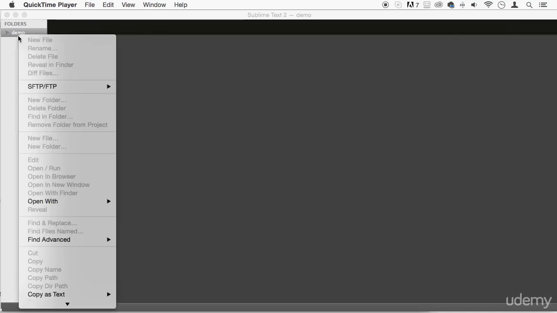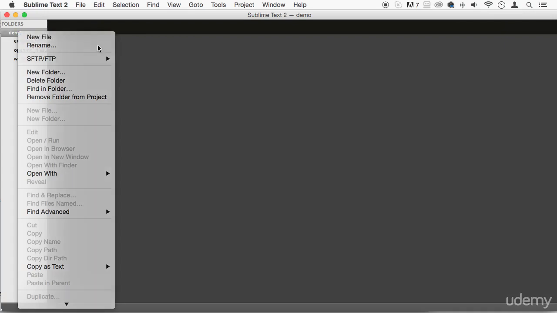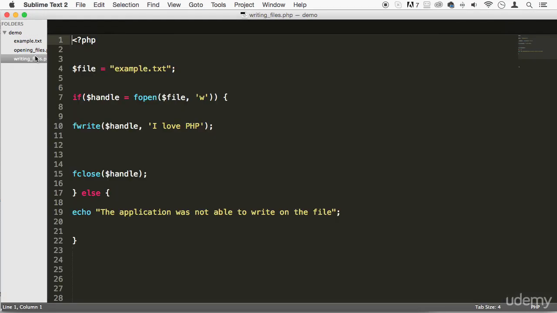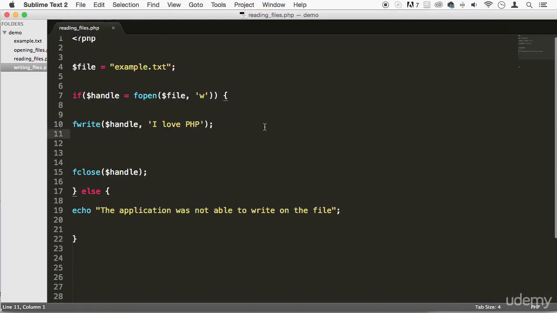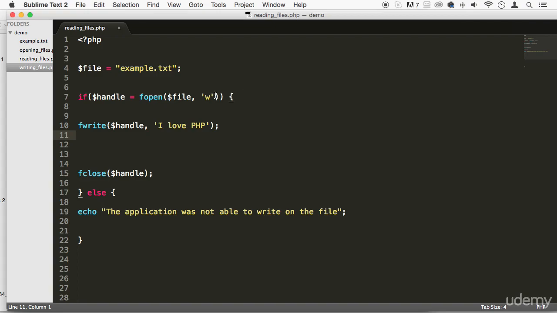So let's actually create a new file right here. And as a matter of fact, we can do it from the writing files file. Let's do a save as, and let's call this reading files. Beautiful. All right, so this is going to be very similar to it, but we're going to have to change